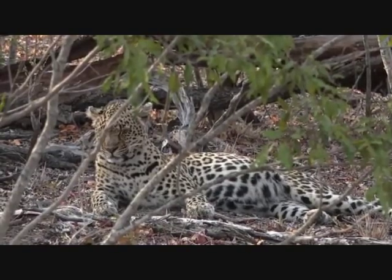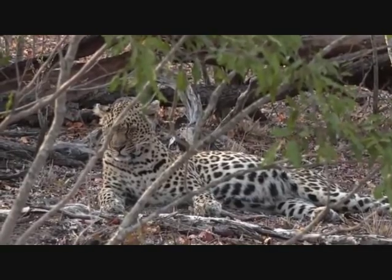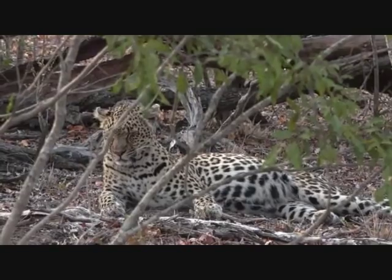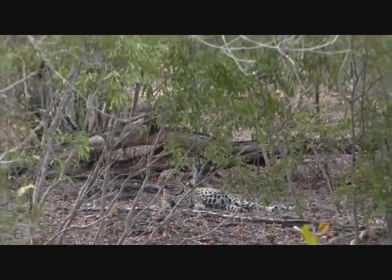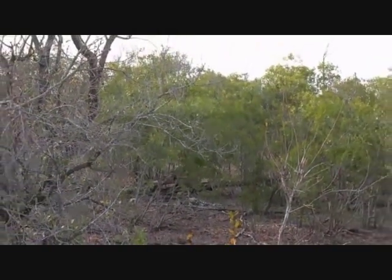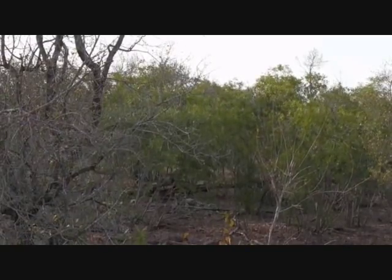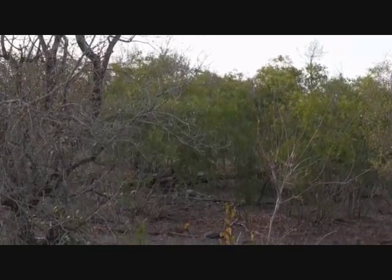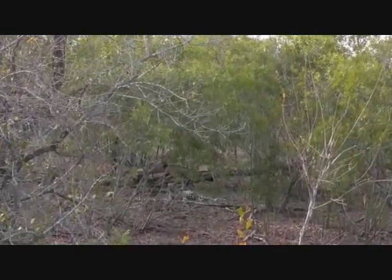I did manage to only get one shot of him. I think he actually takes after his mother, after what she's just dragged us through. He was going through Tamboti thicket, which I'm sure, as you've all seen, if you've been watching the show for a while, is nasty stuff to try and maneuver through. So we managed to find him, and he was perched up on a termite mound in a Tamboti thicket. I looked through the gap and I got one snap of him, and he is a beautiful cat. He's going to be a big boy. And so, is Tingana